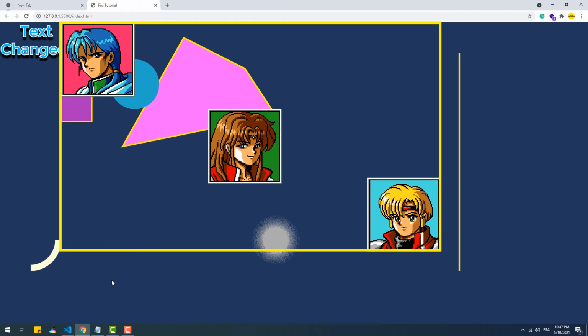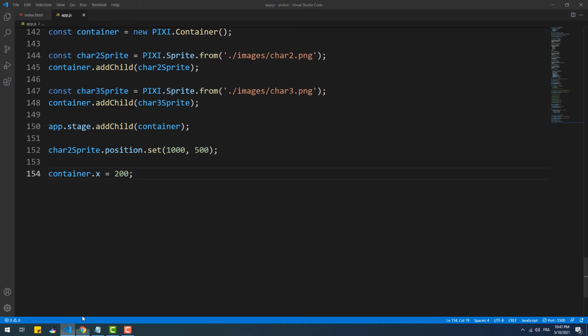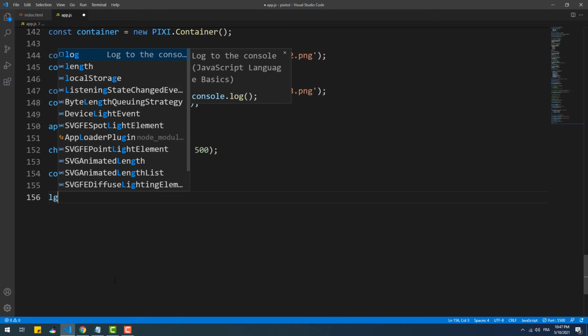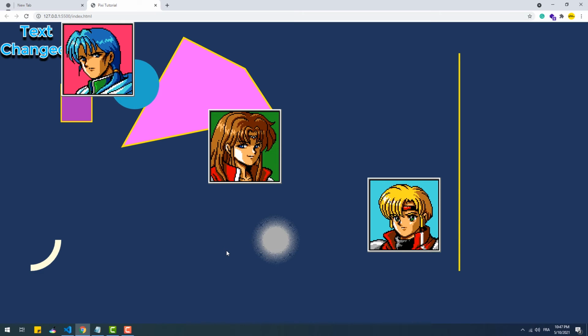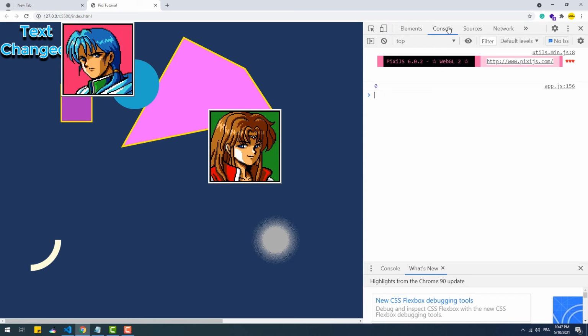An important thing to keep in mind is that the position of the sprites within a container are relative to the container, not to the entire stage. To better understand that, let's try to get the X position of the third sprite and see what we will get. And as you can see, the X value is equal to 0 instead of 200, which is the amount of translation we already applied to the container,